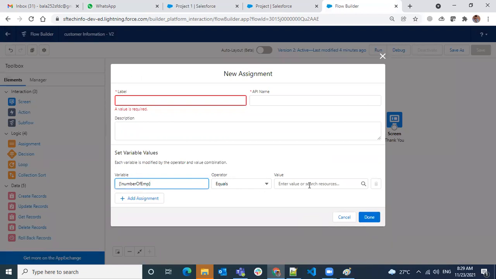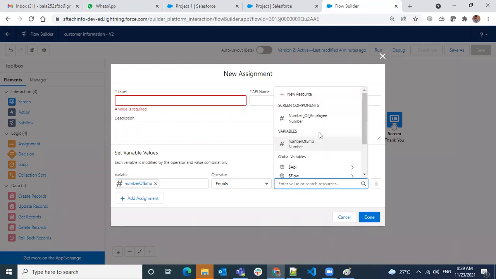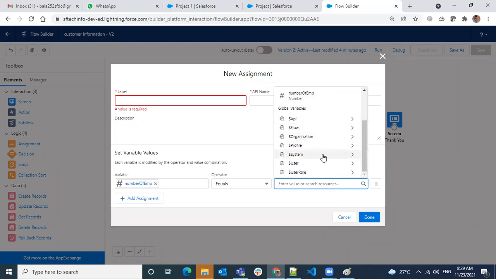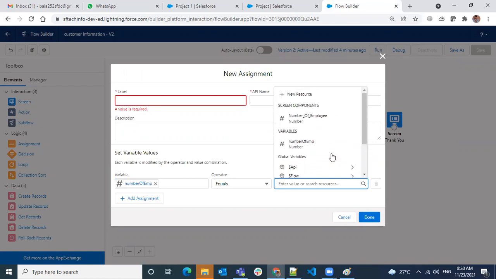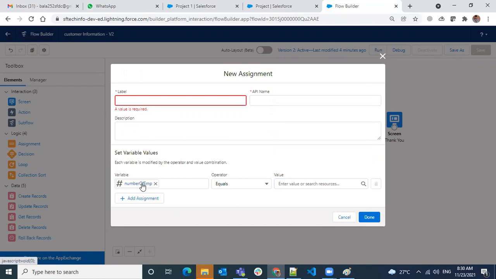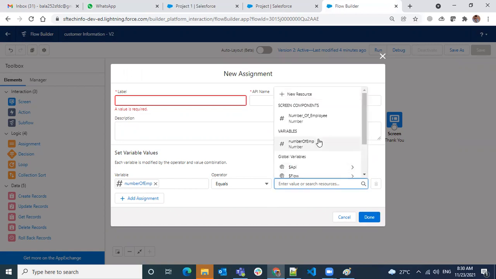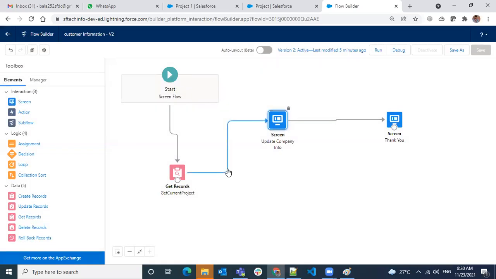So this is the value I want to assign, from some user role values, because the data type here is number, right? It will only show the number data types. That was the problem. I'm just trying to see.